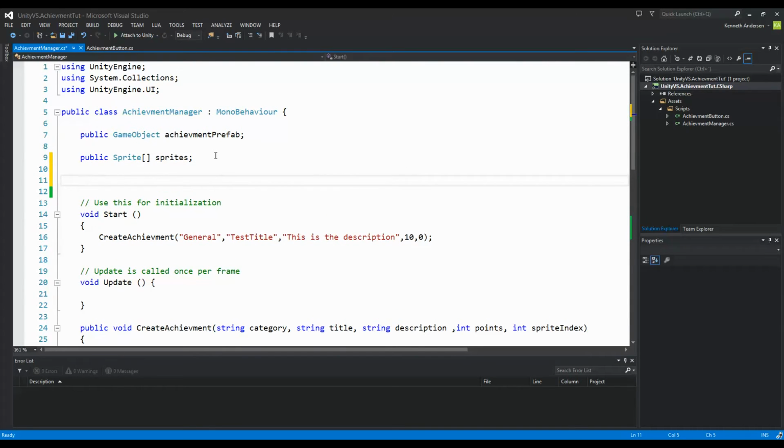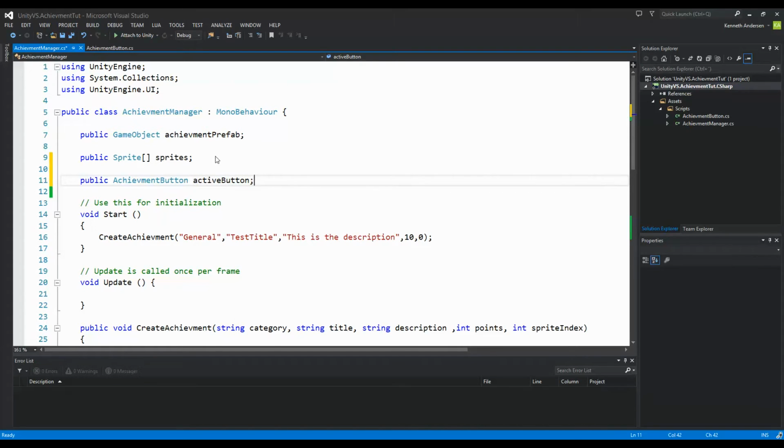We need to add a button, which is the active button, because when we have clicked the button, the Achievement Manager needs to know what category we have selected. So we're going to create a button and set it to active button, so whenever I click a button, I'm going to tell the Achievement Manager that this is the active button, so that we can always switch to a new category. Because the Achievement Manager needs to know what category is active at the moment to know if it needs to switch category or not. So public achievement button called active button,